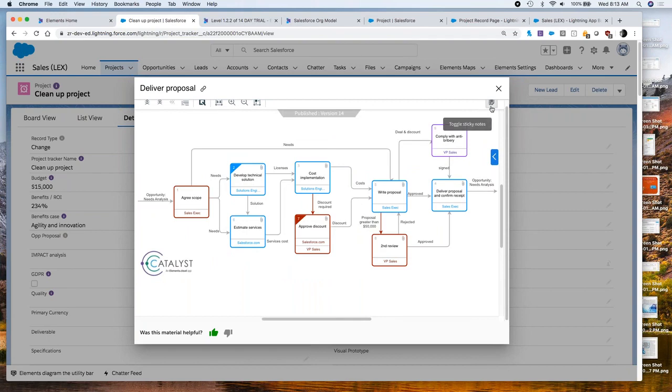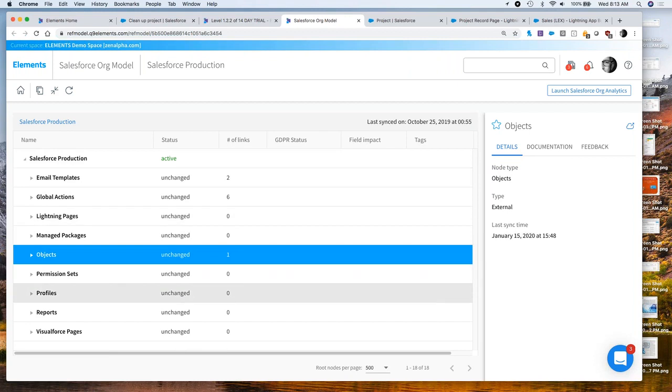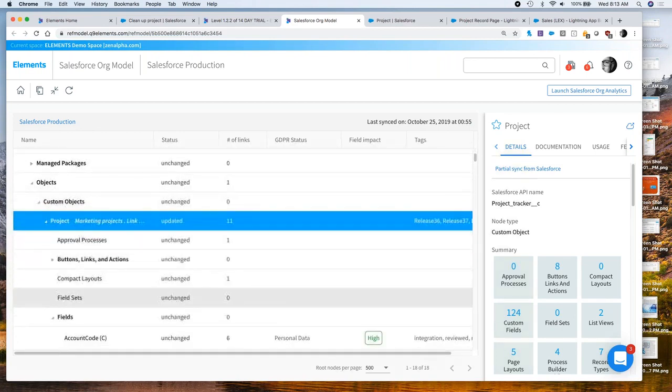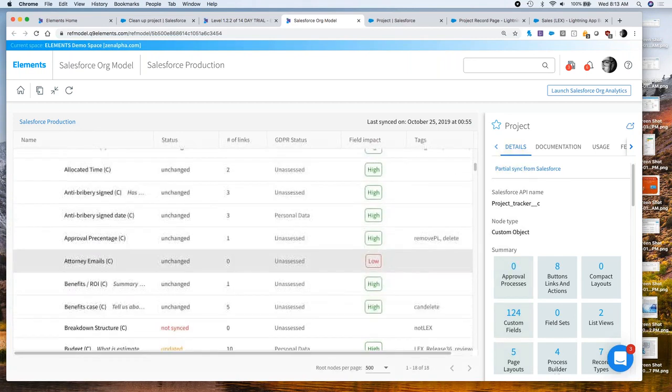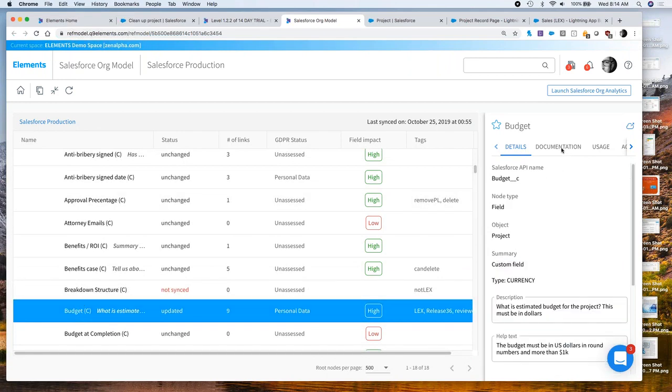So how would I set that up? Well, first of all, you would need to have the Elements metadata dictionary, or the org model as we call it. That synchronizes all of your metadata from Salesforce and pulls it all in. It pulls all the objects in. In this case, this is a project object. Let's go down there. We were looking at the budget field. There's the budget field. If I look at the documentation tab,